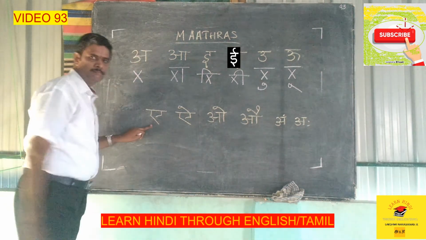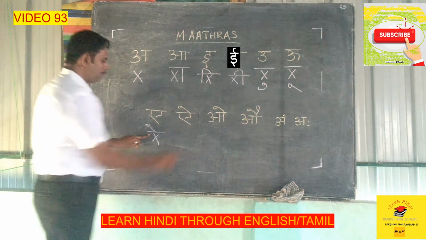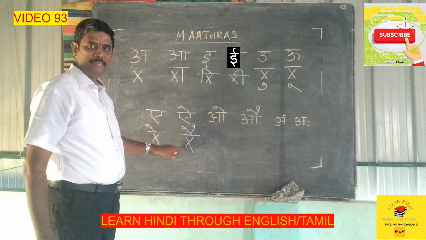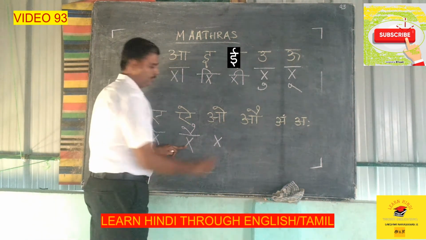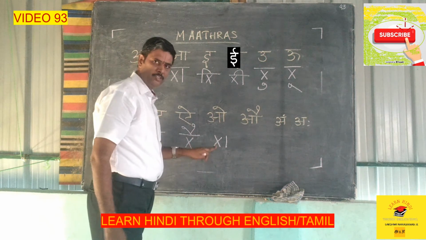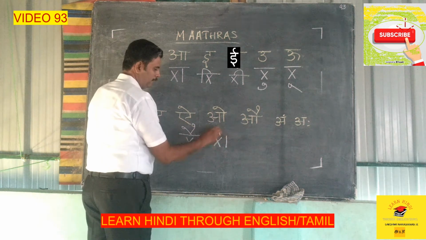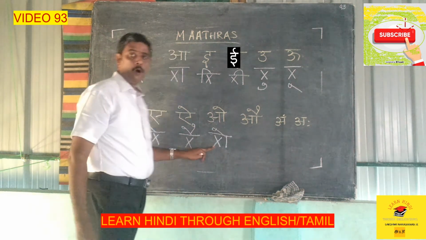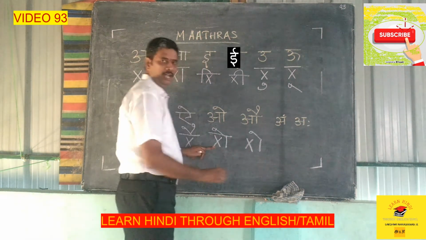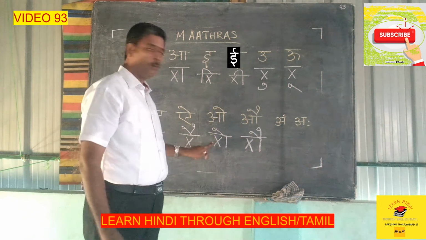Right? Next comes A matra. Above the letter, if you make the bend like this, this is A matra. Above the letter, if you make both the bends, this is I matra. Next to the letter, if you make one line, that is A matra. In that A matra, if you make the bend like this, it is O. Next one, the same O is repeated and one more bend in the same O letter. This is O and this is Au matra.